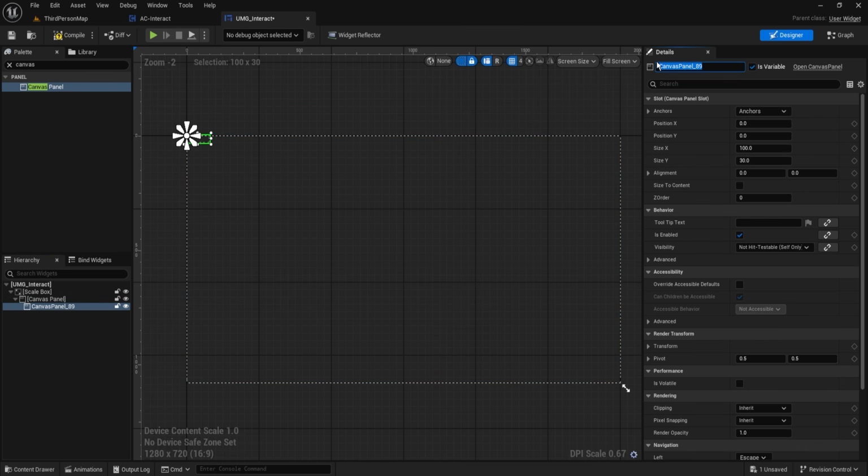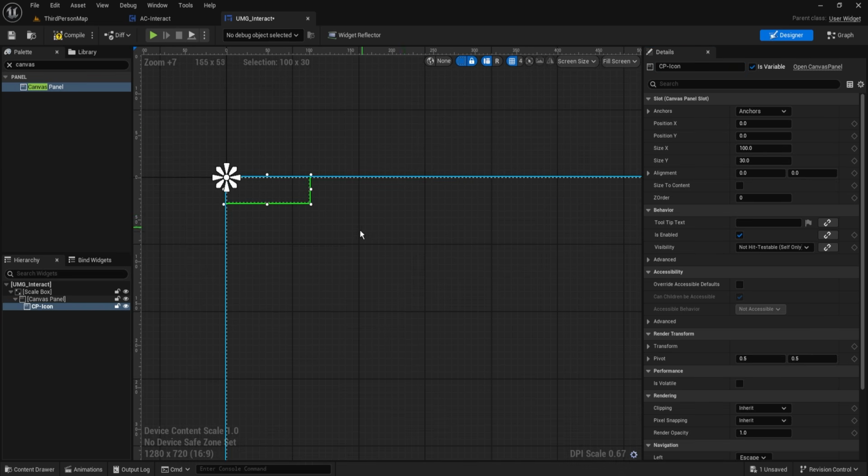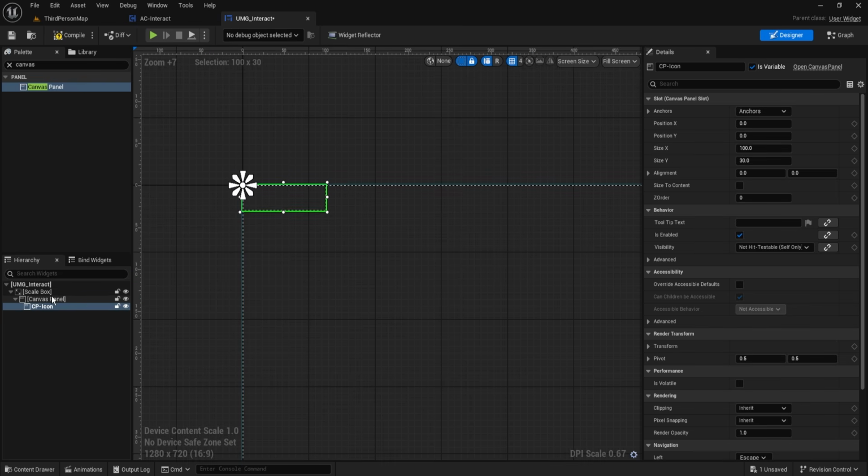And we're going to call this CP icon. And the reason we're doing it this way, so I'll go through the general idea of what we want to do before doing it, is we are going to tell our second canvas panel where, relative to the image, or our bigger one, our UMG, sorry, where in the world space does that convert to on the canvas panel, on the widget. And then we're going to move this one to that location and say, well, that's where it is. And relative to how the player turns, it will always be looking at the item. So we're trying to make this appear pretty much on the item. And so to do that, we then want to add